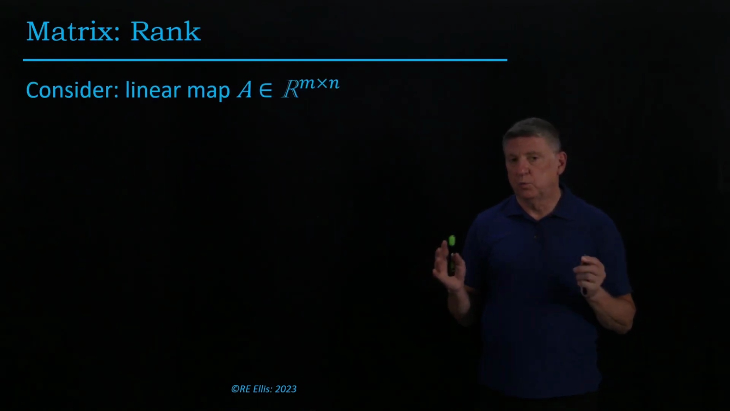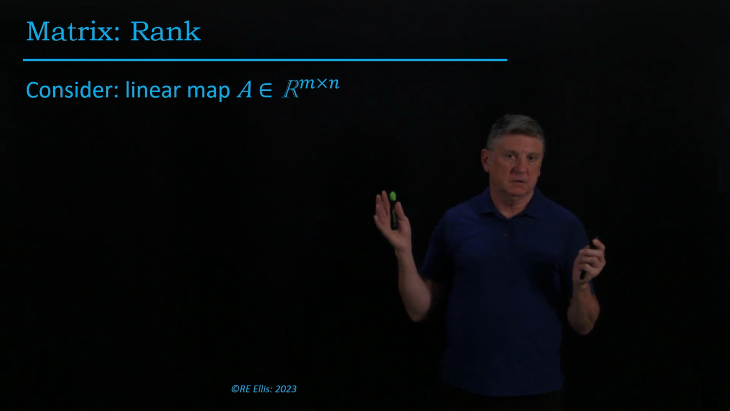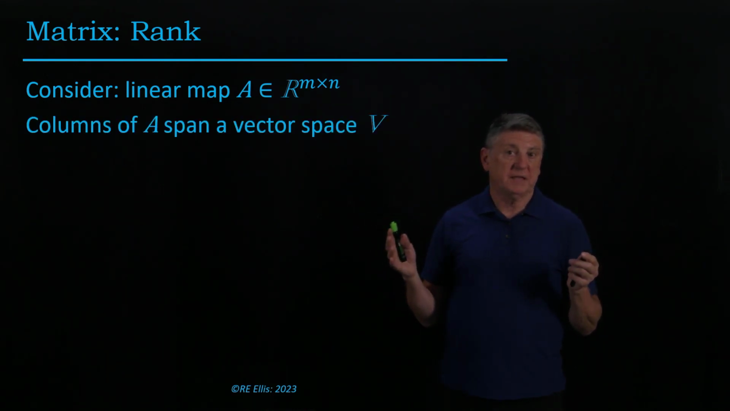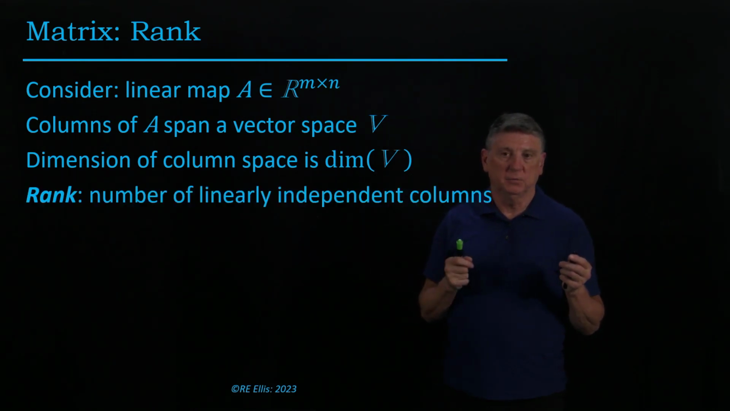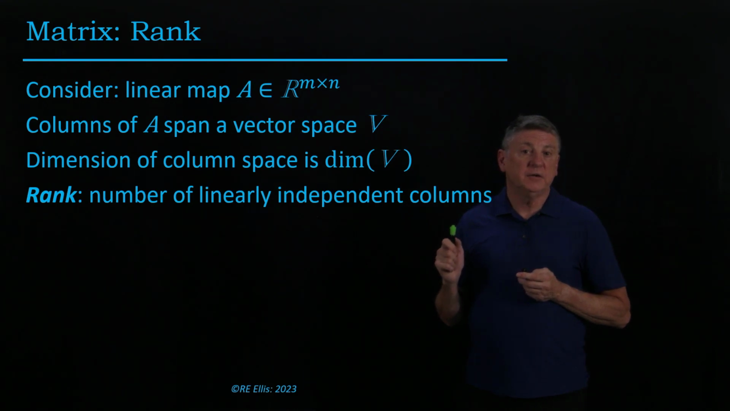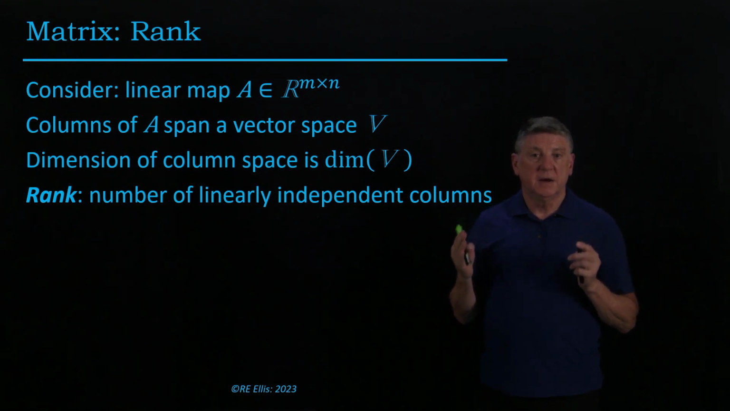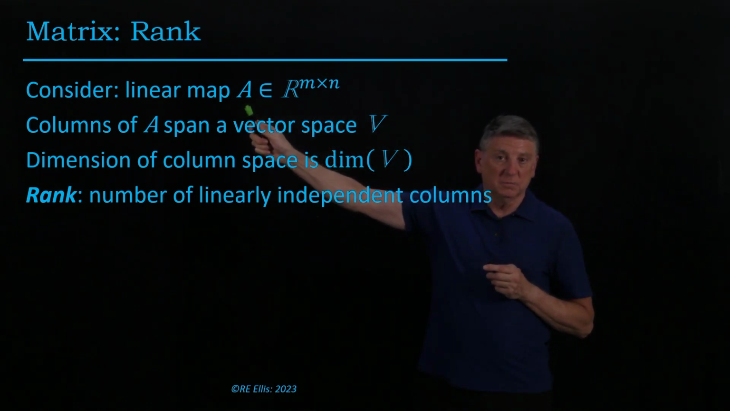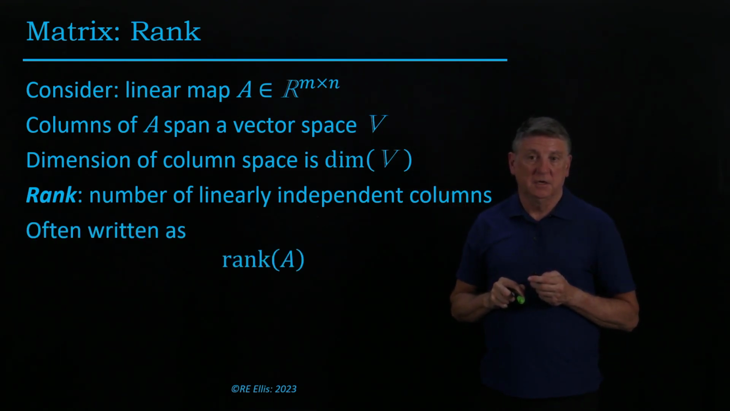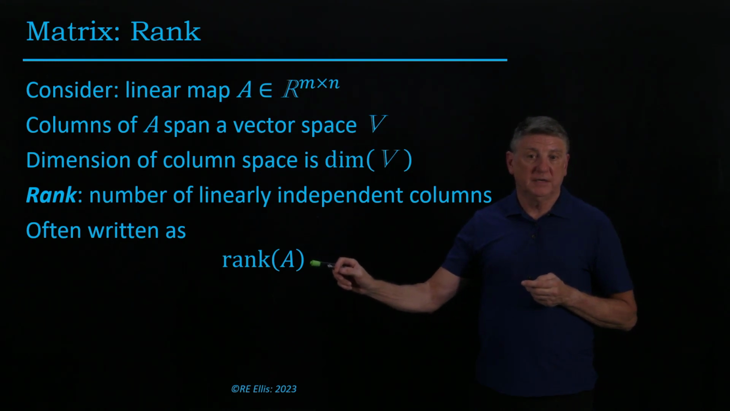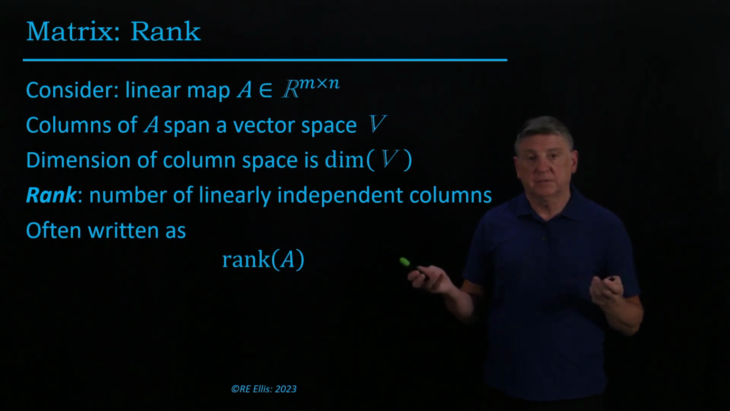So what is the rank of a matrix? Well, suppose now that we're thinking of A as a matrix, and the columns span some vector space. The dimension of the column space is some value. The rank is the number of linearly independent columns of A. So the rank is the number of independent columns, and that turns out to be the dimension of the column space of the matrix. So this rank is often written as a function rank, which in something like MATLAB is